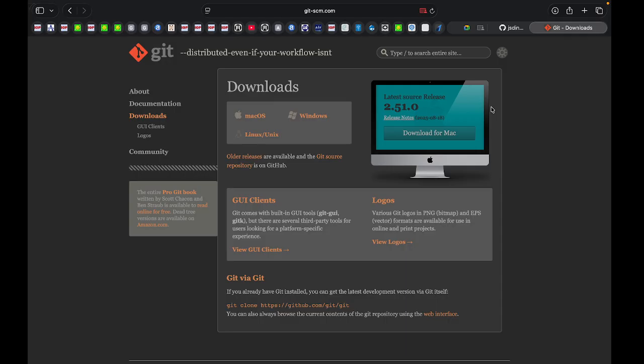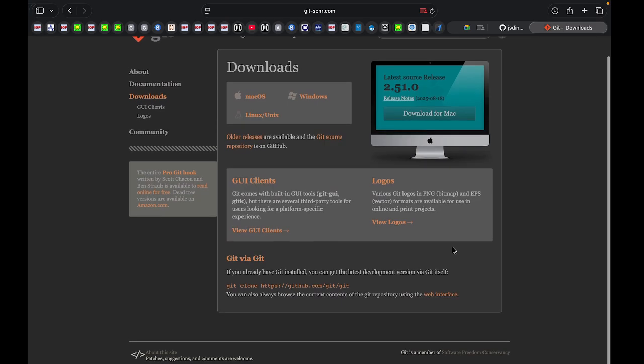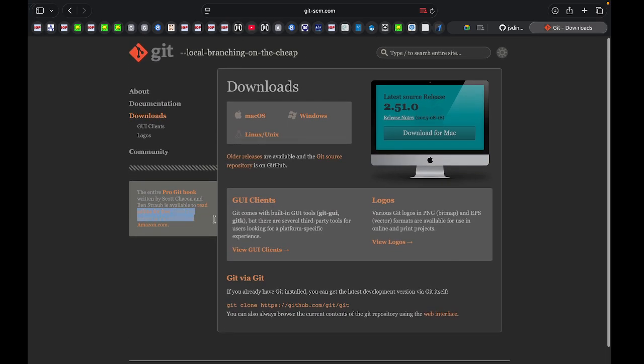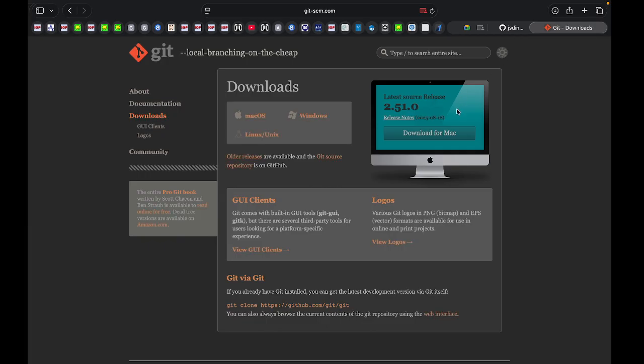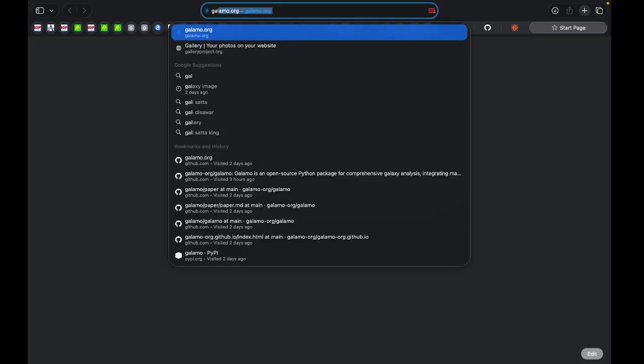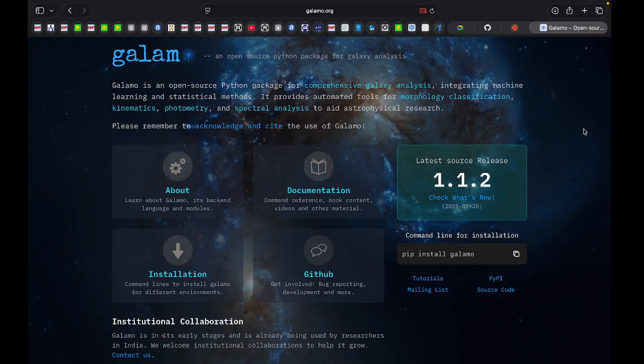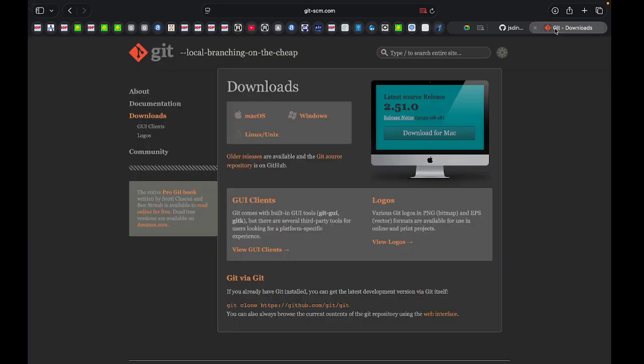डाउनलोड। सो गिट और ग्लैमो की वेबसाइट सिमिलर सिमिलर सी है, इन्होंने चेंज कर लिया। अच्छा, इन्होंने दिक्कत है क्या इस वेबसाइट में, ये पहले थोड़ी सी अलग थी, मतलब इससे अच्छी थी वेबसाइट। तो यहाँ तुम्हें एक वेबसाइट मिलेगी, फिर यहाँ पे तुम कर सकते हो, डाउनलोड फॉर मैक, डाउनलोड फॉर विंडोज, डाउनलोड फॉर लिनक्स। अगर तुम glamour.org में जाओगे, जो मेरा पाइथन पैकेज है, उसकी भी सिमिलर सी वेबसाइट है, सारा कुछ ऊपर ही पड़ा हुआ है कि कैसे इंस्टॉल करना, पिप इंस्टॉल। ग्लैमो मत करना अभी बिकॉज वी आर नॉट यूजिंग इट, कर लेना वैसे अच्छी बात है।